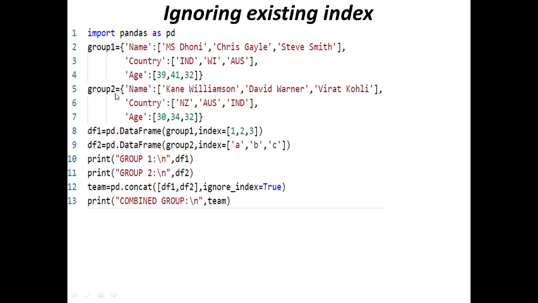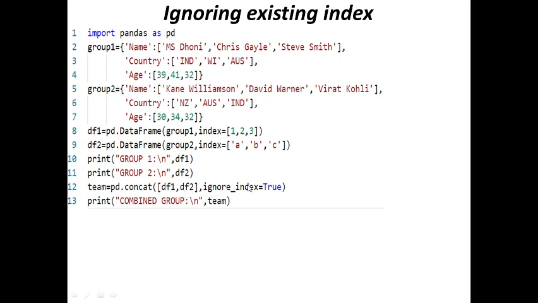We have another dictionary named group 2. We are creating a data frame from the group 1 dictionary. For the first data frame, index values are 1, 2, 3. For the second data frame, index values are A, B, C. We are printing the values of df1 and df2 and then using the concat function to concat these two data frames.